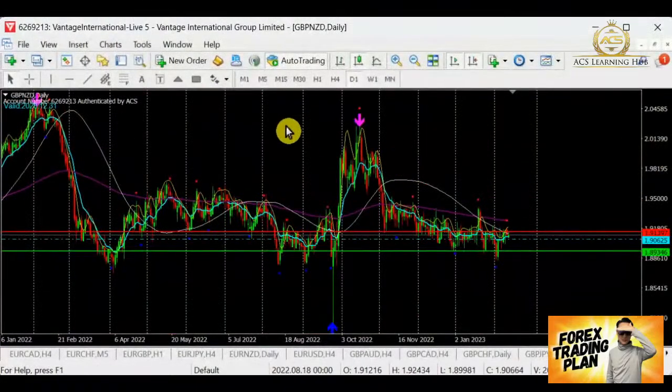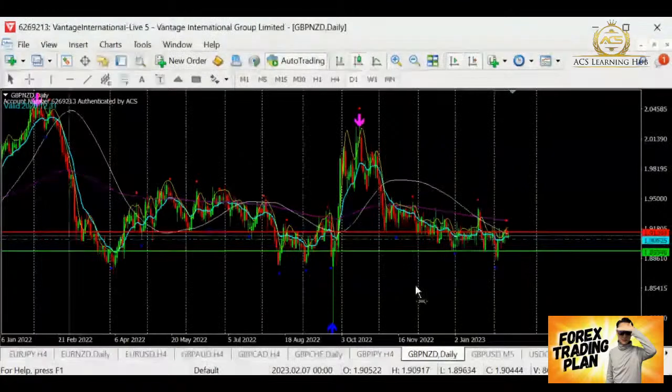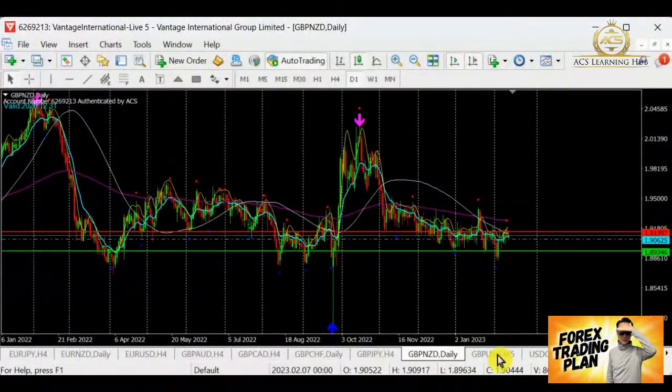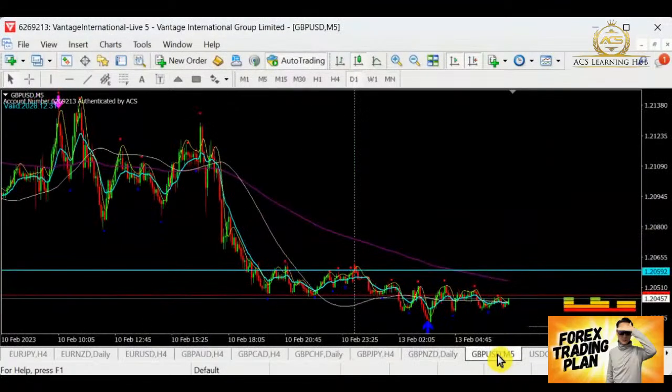So for Pow Kiwi, we are in the range here. Same thing, it has not gotten out of this area, so I wouldn't want to trade this because the signal is not strong enough, and the selling and buying direction is not clear enough as well. So let me clear this first before I get into Pow Kiwi in the next few days.